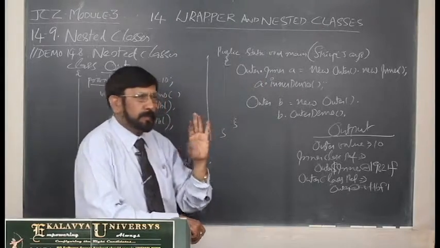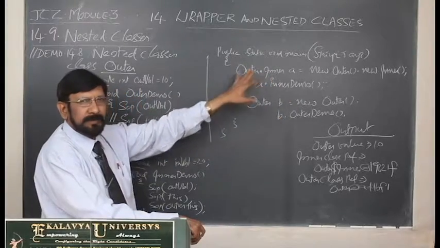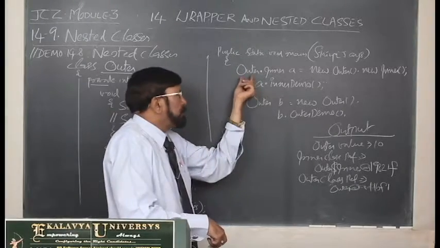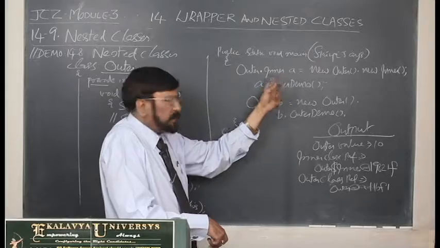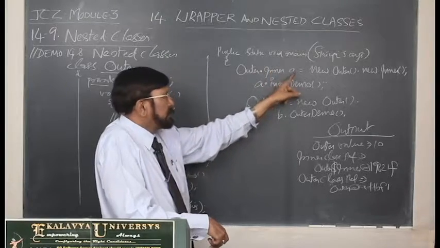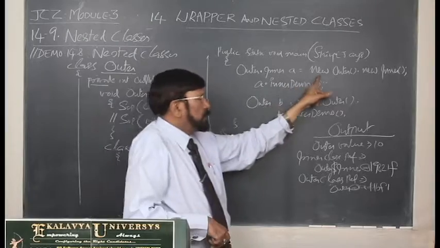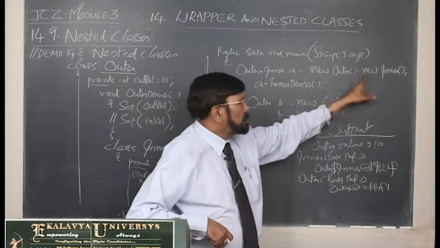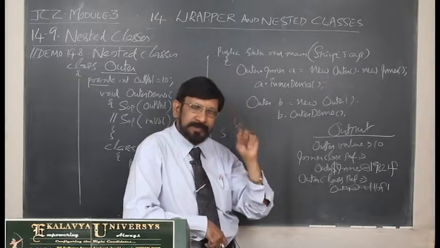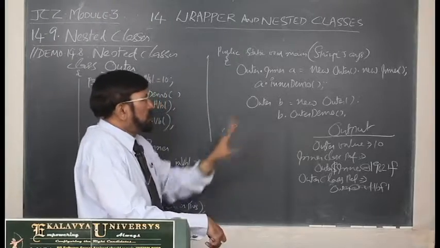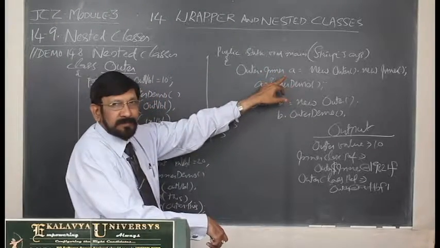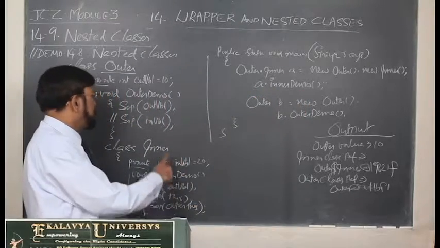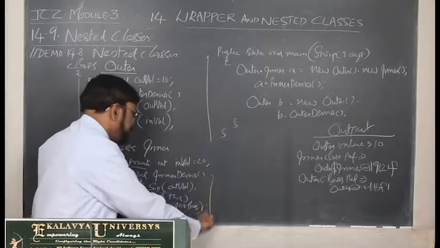Earlier you know well how to create an object, that code you know. Now here one class is nested in another, that is why you write Outer.Inner, the outer class name dot the inner class name, object reference a, equals new Outer().new Inner(). This syntax is special, you must remember. Now the object is created for the inner class, then I am calling this innerDemo.